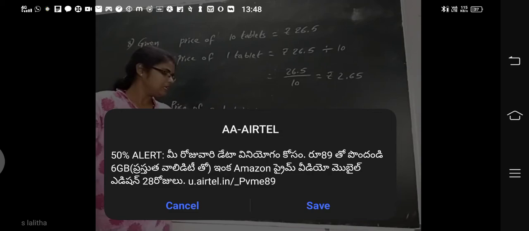First you should remove the decimal points. Now you have to multiply 11 into 11, how much? 121. After that you should count the decimals. The decimal point is after how many digits here? 2. Here the decimal point is after how many digits? 2. So 2 plus 2, how much? 4. So you should keep the decimal point 4 digits from the right side to the left side. So 1, 2, 3, there is no fourth digit here, so you should write 0. Okay, 0.0121 is the answer.